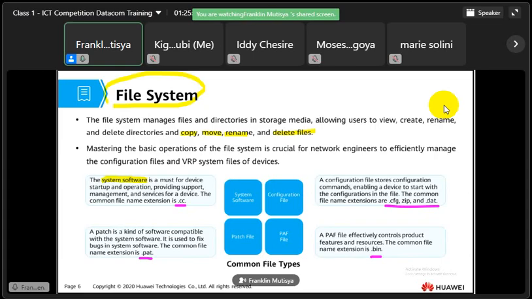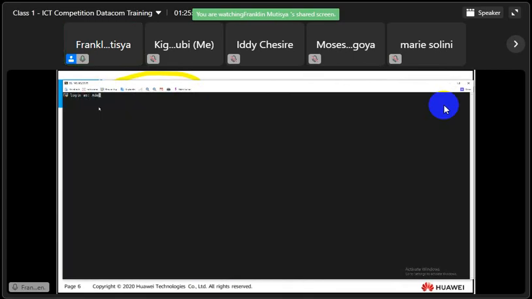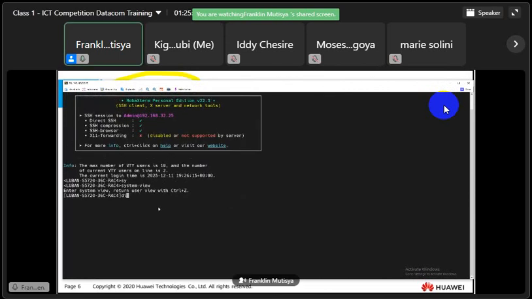Let me get a Huawei switch so that we can use it for training purposes. Let me pull this one here. Okay, let me get this switch. I hope you can see the screen. You say display